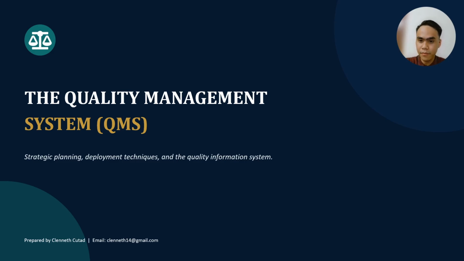Here's the roadmap. First is strategic planning: the SWOT analysis, the 10 effectiveness tests for a strategic plan, and SMART goals. Second are the deployment techniques, like benchmarking, stakeholder analysis, performance measures, the balanced scorecard, cost benefit analysis, and the full toolkit of project management, like decision trees, the WBS, Gantt charts, and RACI matrices. We'll also cover policy deployment, and finally we'll spend real time on the quality information system, or the QIS,